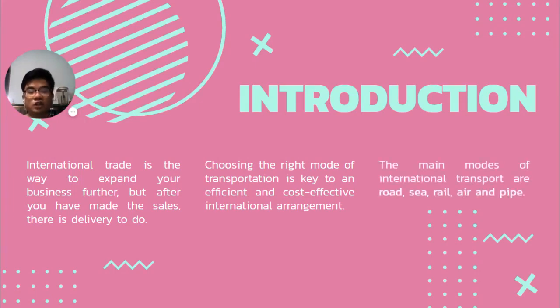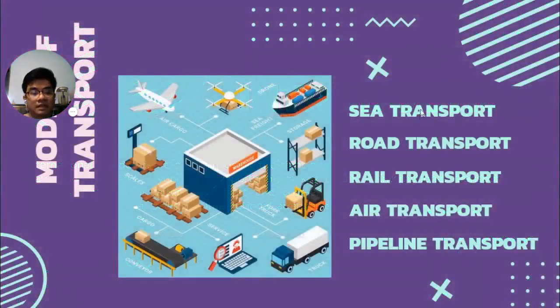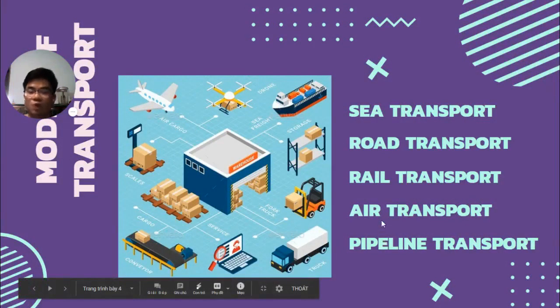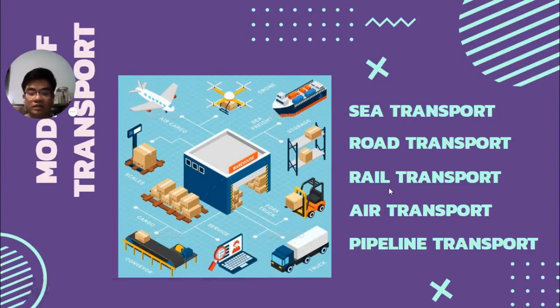The main modes of international transport are sea, road, rail, air, and pipeline transport. Each mode has its advantages and disadvantages, and conditions pertaining to the type of goods being exported or imported. Sometimes there's a need to use more than one mode of transport, or you may contact a freight forwarder to deal